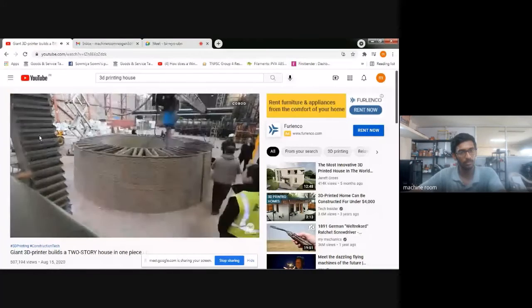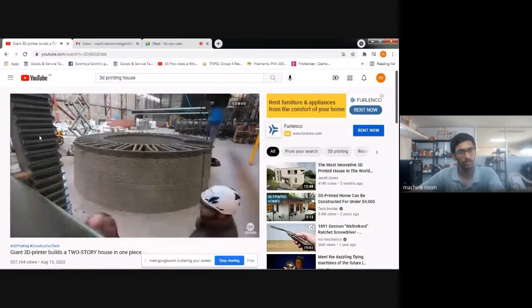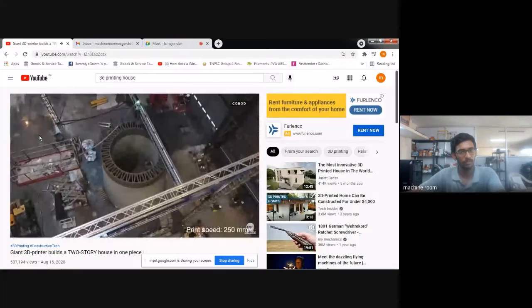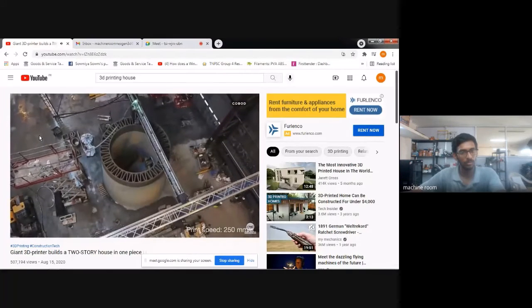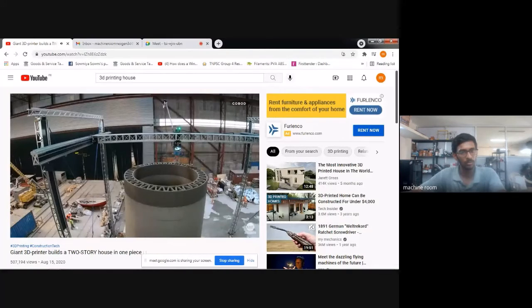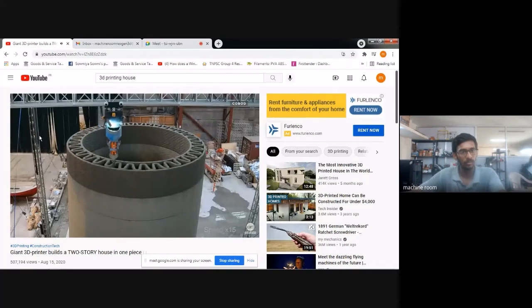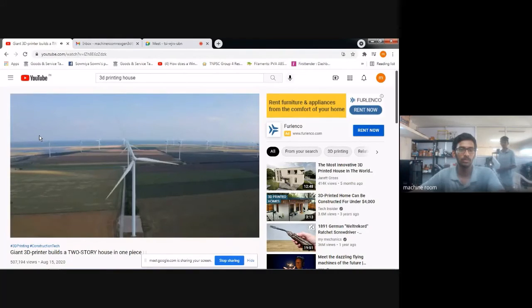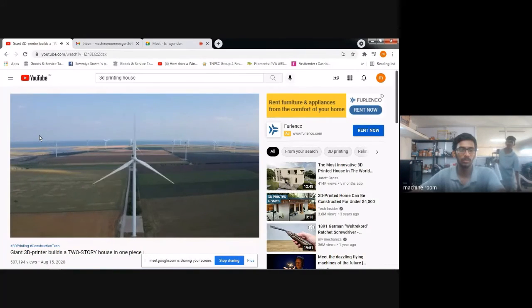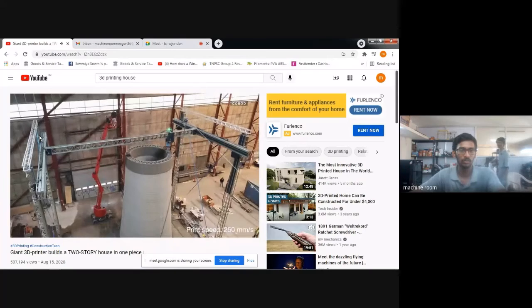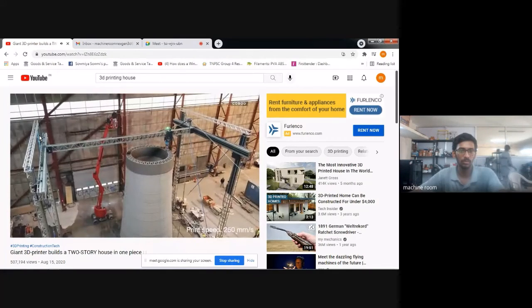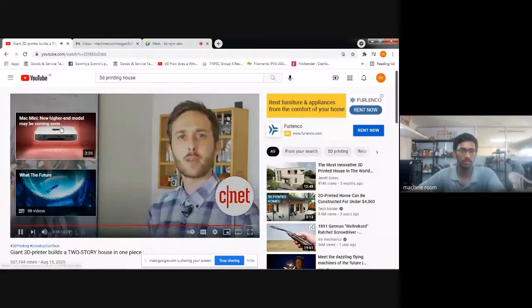Cobod, the company that makes the BOD 2 printer, has also partnered with GE Renewable Energy to 3D print bases for windmills. GE says the ability to 3D print concrete windmill bases on location will facilitate the construction of taller wind turbines. Taller turbines are important because they allow the windmill to have longer blades and access to stronger winds higher off the ground. What sort of 3D printed structures?